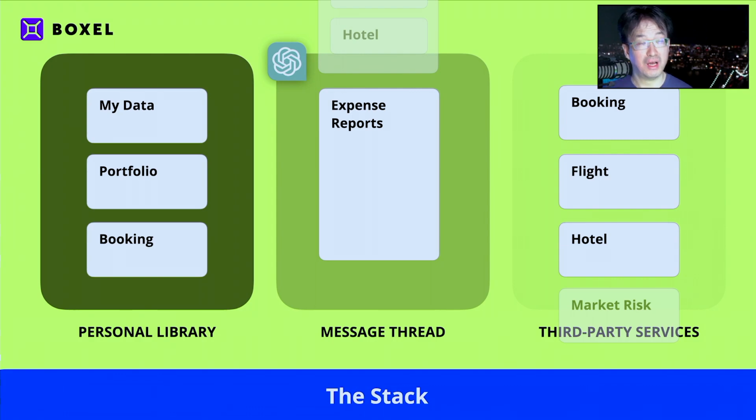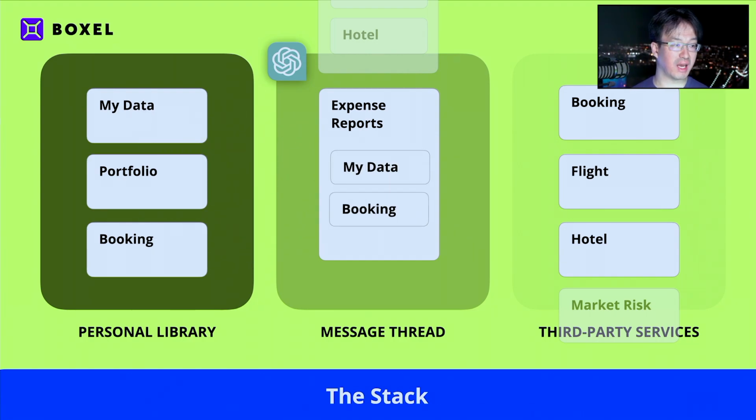So that's the idea. This ownership of data is not stuck on a server, because Boxel moves so fluidly between your personal space, this space that you're sharing with the AI, and third-party services. And then when you're done, you can say, I want to take my data, maybe where I want to get reimbursed for this flight, and there's my credit card data and the booking itself, and submit an expense report, and that will go into maybe another message thread. That message thread may not involve an AI, maybe it involves your supervisor or your company's accountant, or it may involve an AI assisting that person on the other side, processing the expense report to do the automation.